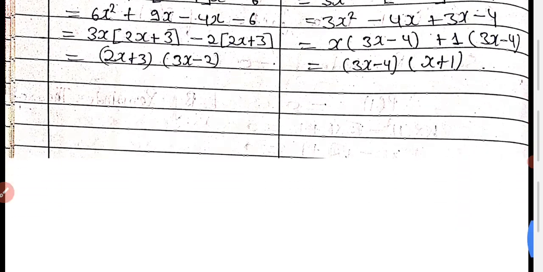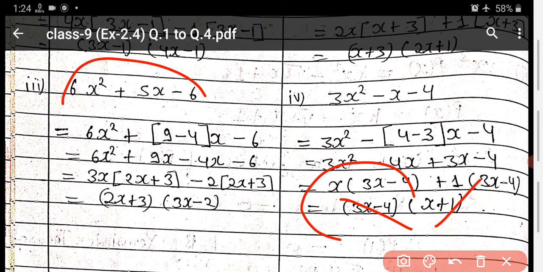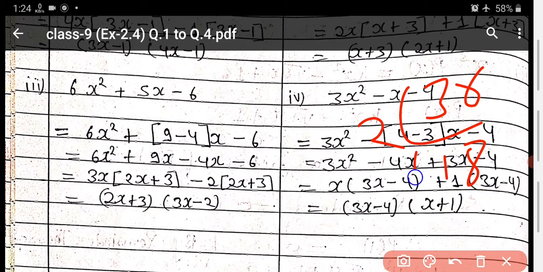They are difficult also, that's why I am solving all the questions here. Now just see here, 6 sixes are 36, so the factors of 36 are such that when you subtract you get 5. 9 fours are 36, and 9 minus 4 gives 5, so you do the factor. If you are not able to do it directly, then use the same method to find the factors: 2 ones are 2, 2 eights are 16, 2 nines are 18, 2 threes are 9, like that, and then you find it with the help of that method.